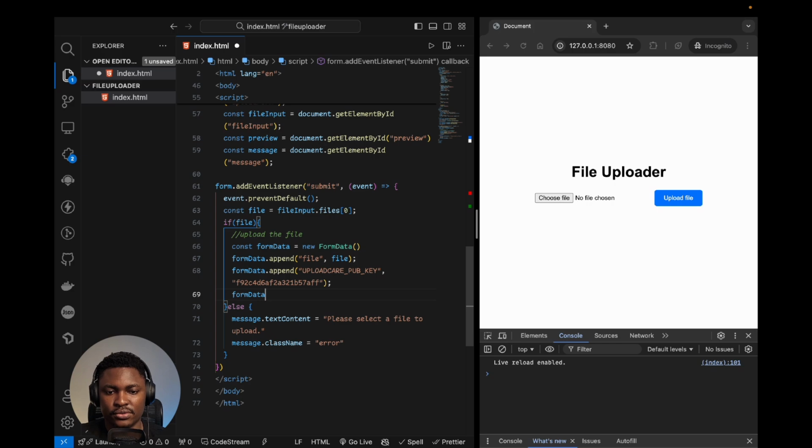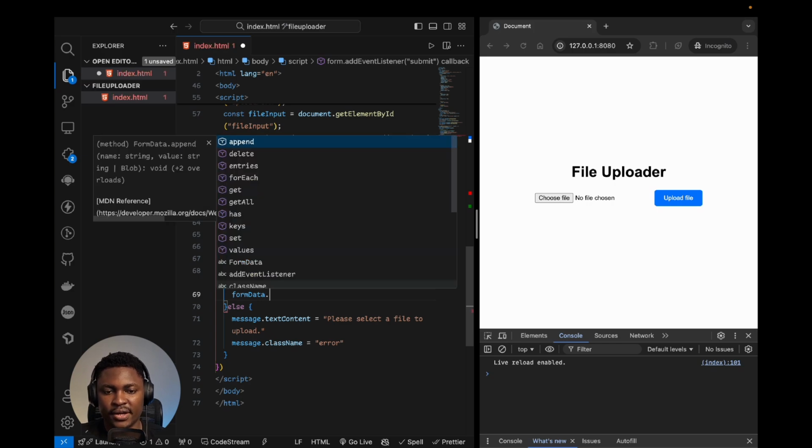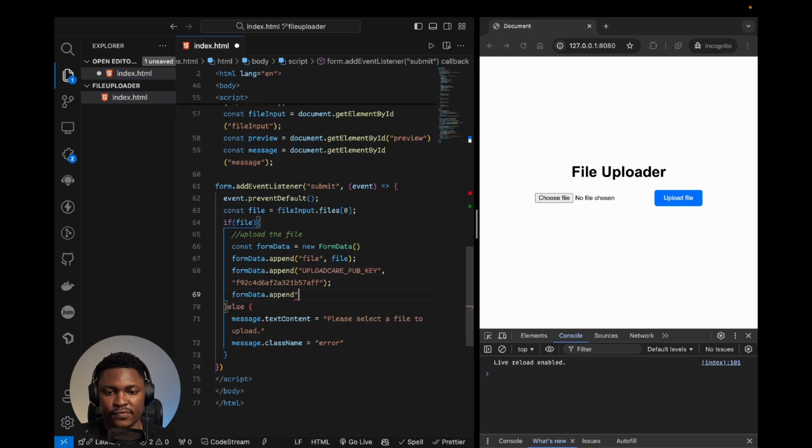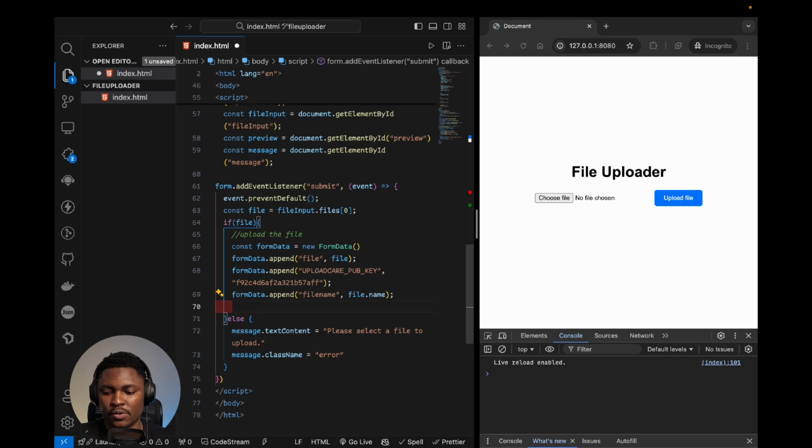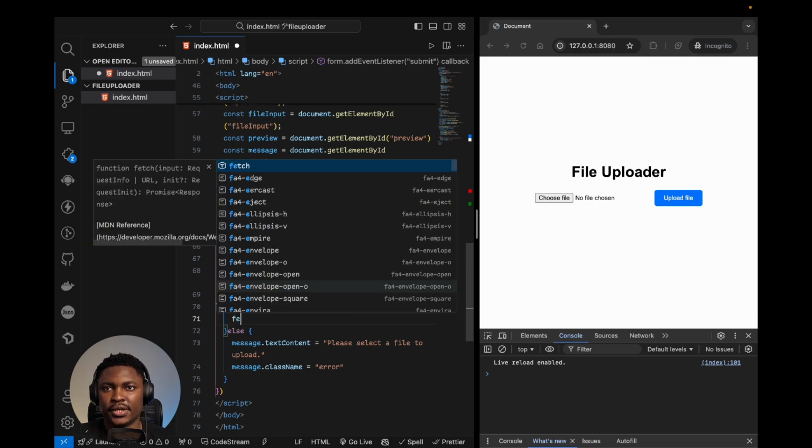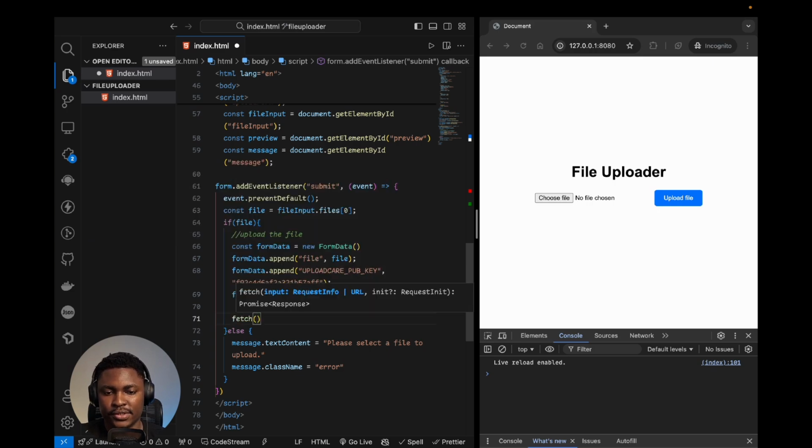Next, I also want to append the file name. So formData.append, file name is equal to file.name. With this data in place, we want to make a fetch request to the Uploadcare upload API. So we'll say fetch